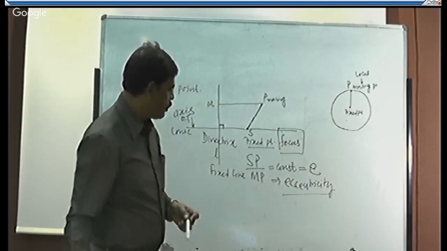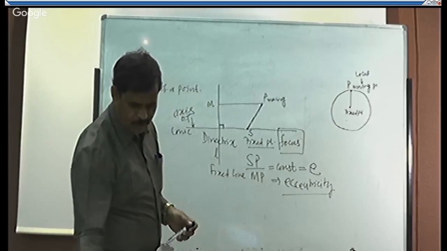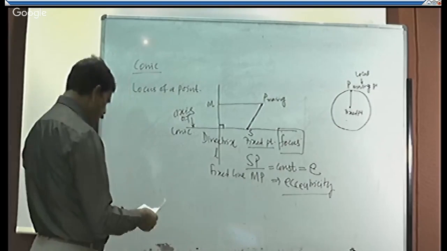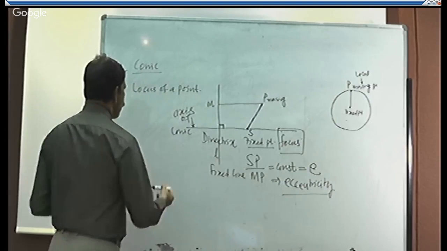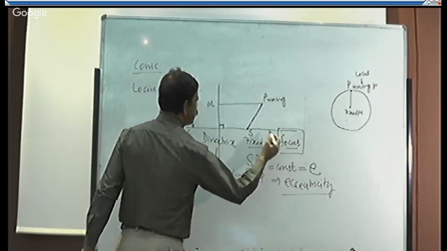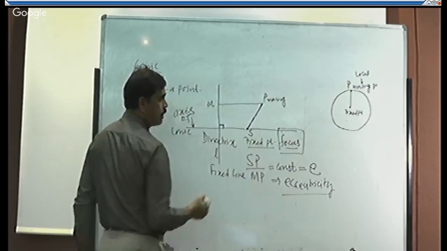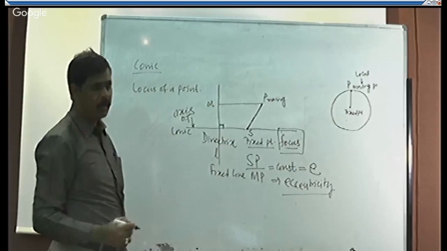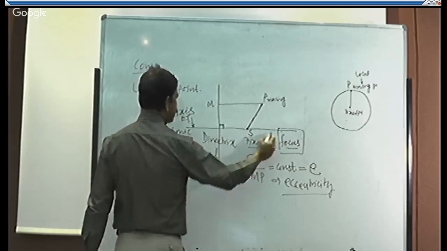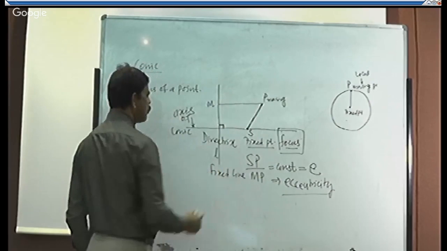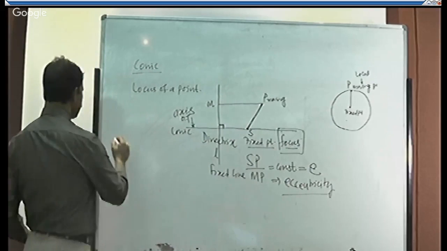Got it? There are other definitions which are very important in understanding the conic. We got the definition of focus. What is focus? It is the fixed point in the conic. What is directrix? It is the fixed line. What is axis? Axis is a line which is passing through the focus and perpendicular to the directrix. Next,